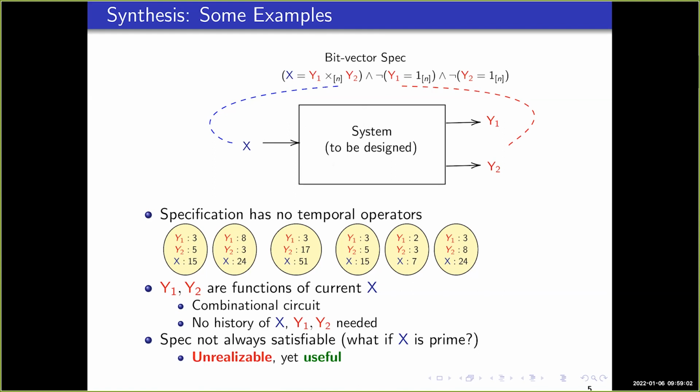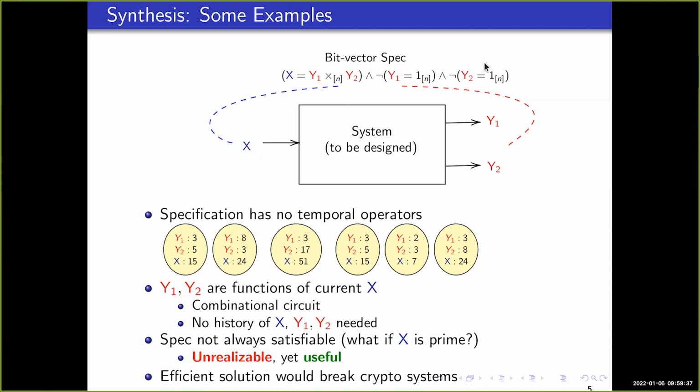But maybe there are other inputs that the environment can provide for which you can actually satisfy the specification. This particular example is something like that. We are basically doing factorization when the number can be factorized, because if the number cannot be factorized, then you can't do the factorization. So even when a specification is unrealizable, it may be useful to synthesize a system that works on only those inputs that come from the environment for which it's actually possible to generate outputs that satisfy